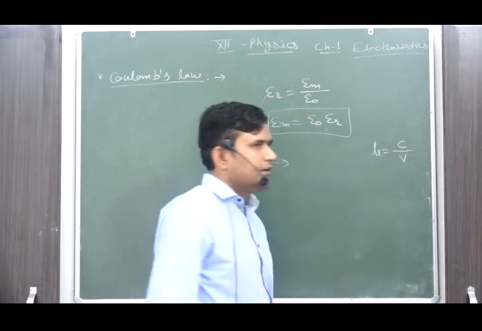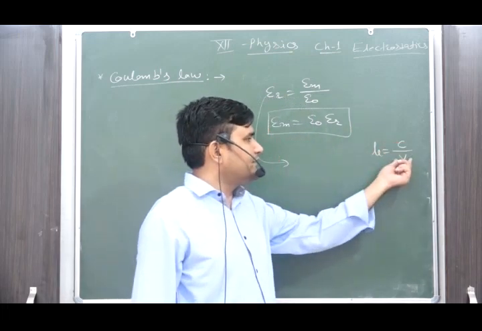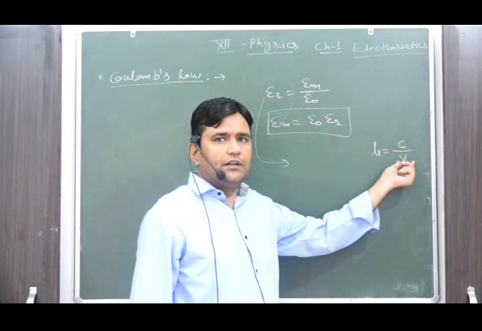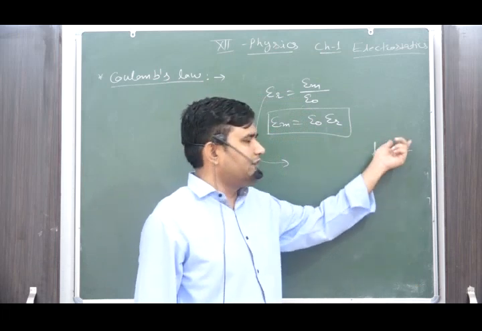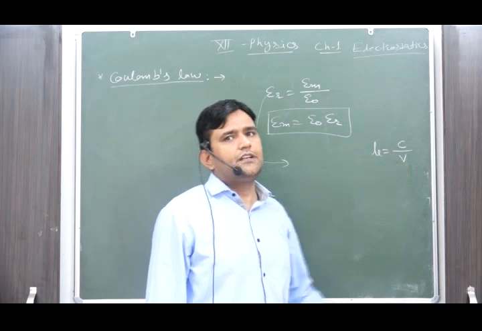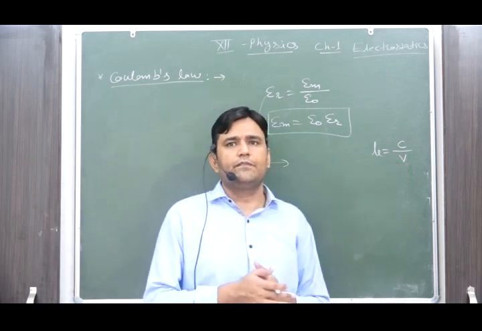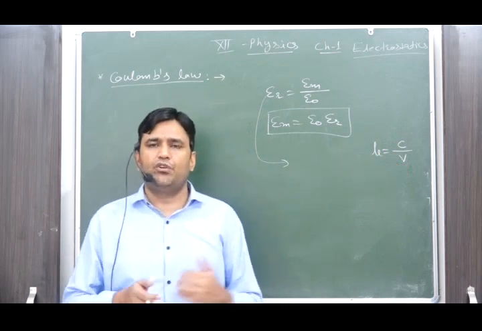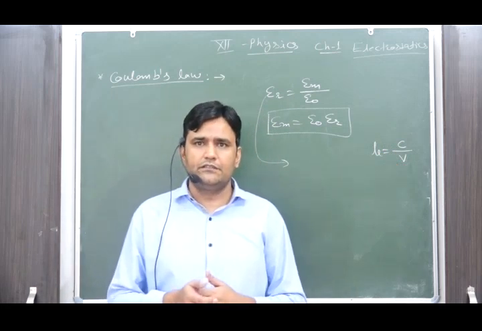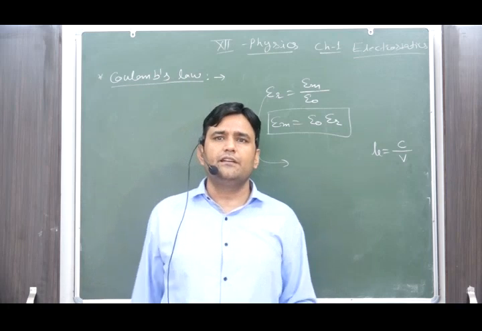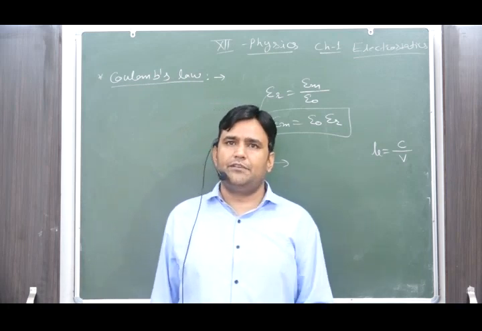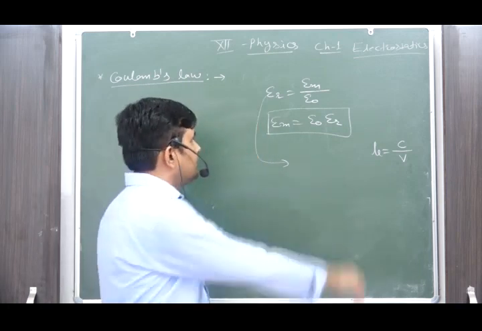It is the speed of light, and v is the speed of the wave. It means here the speed upon speed or the velocity upon velocity. It means when two similar kinds of quantities are divided, then it is a unitless and dimensionless quantity, because the unit